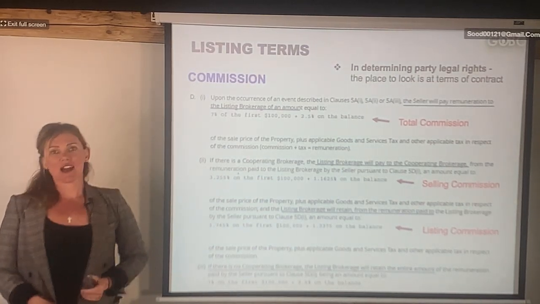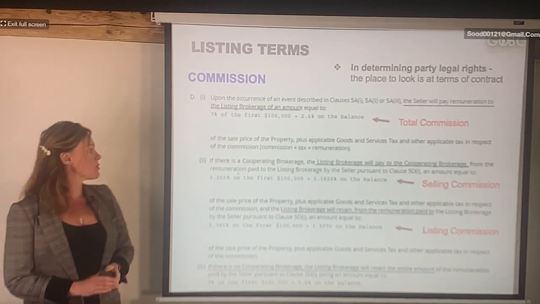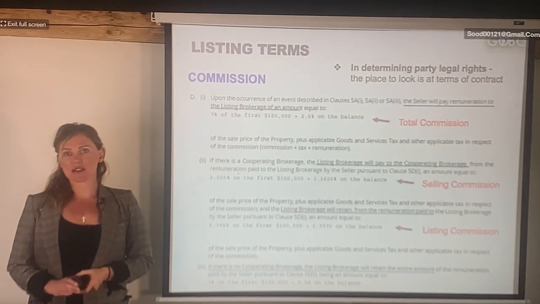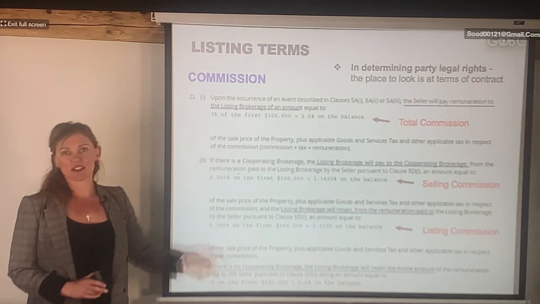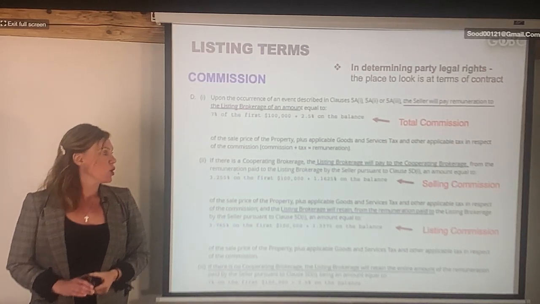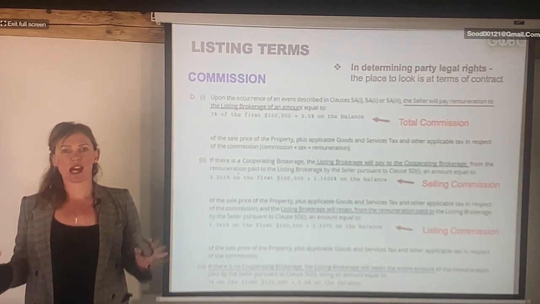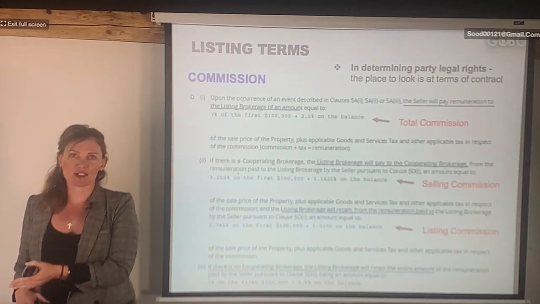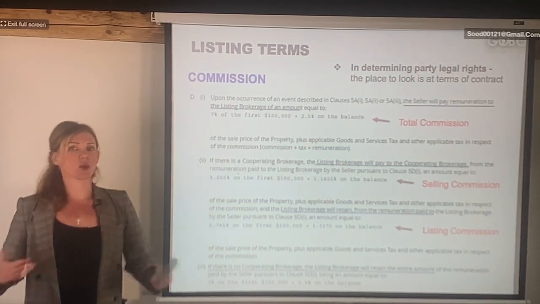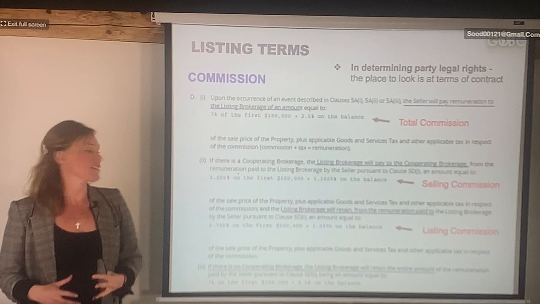The more you go towards the valley, if you go outside of Vancouver, you will see a lot of times they will put it as 3% flat, right? And then they will split it between 2 agents, 1.5 and 1.5, or it could be anything. So it's all up to negotiation. And as a client, if you're planning to hire a real estate agent yourself at some point, just know that you can always negotiate. There's no such thing as a fixed commission rate, right?